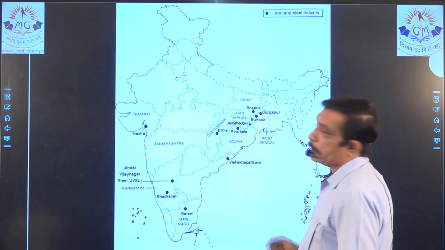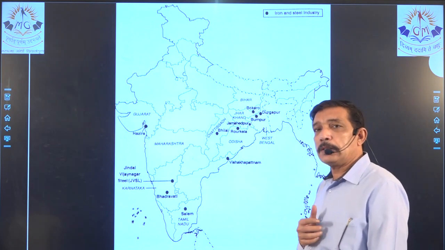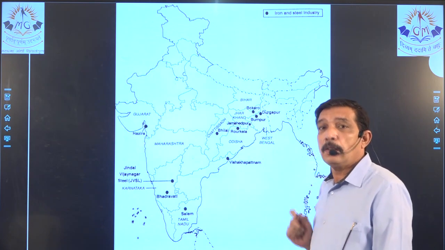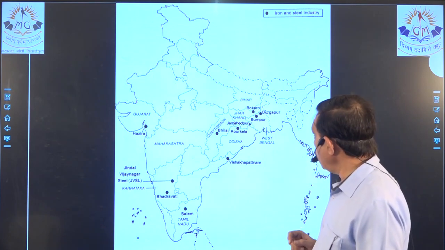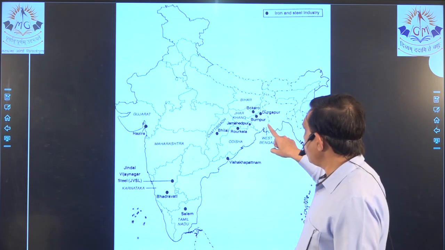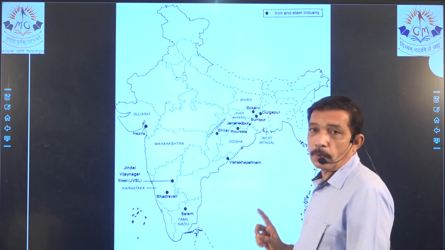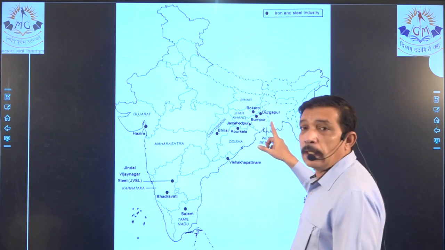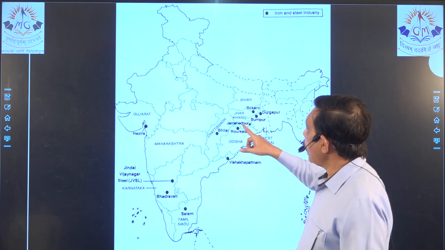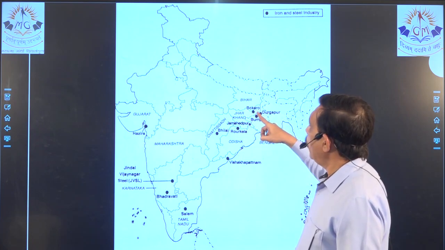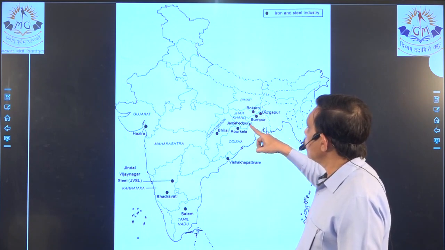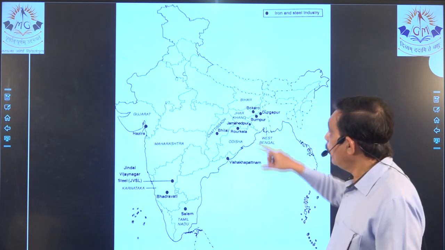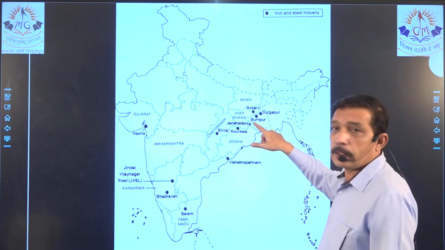Now iron and steel industry, yes, you got to practice all this on the map so that you know approximately where you will place the mark, right? So if we start from West Bengal, then Durgapur and Burnpur, these are the 2 factories producing iron and steel in West Bengal. Then we come to Jharkhand. Jharkhand has 2, one is Bokaro Steel Plant and Jamshedpur. Bokaro is on the Bihar-Jharkhand border, but Jamshedpur is completely in Jharkhand.